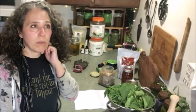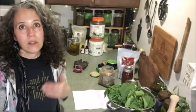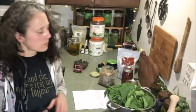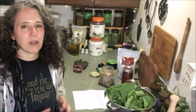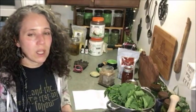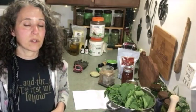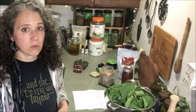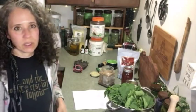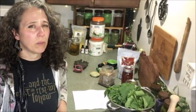They also have the Scratch and Peck brand chicken feed, which also has the scratch feed as well. I was going to get some just because I was there. However, I make my own scratch anyway, and they were out. So it was no big deal. I was just glad that they had the feed that I was looking for. So I got a couple bags that should see us through a couple months, and then until the next time we go in there, because we're probably not going to make it a habit to go in there monthly,